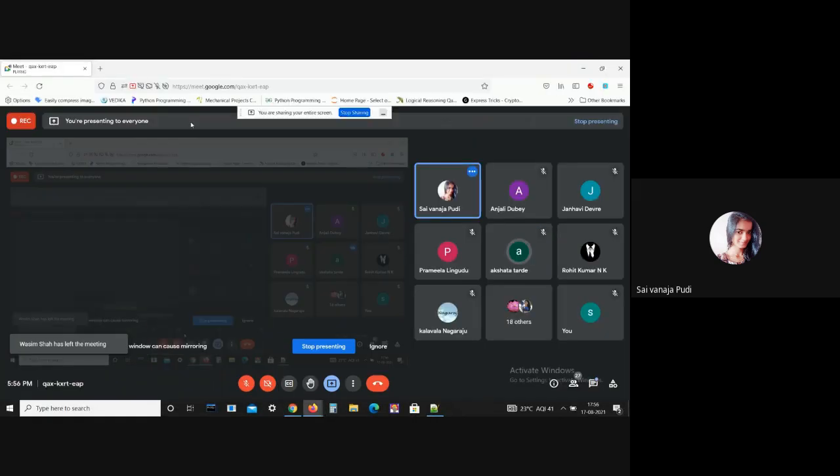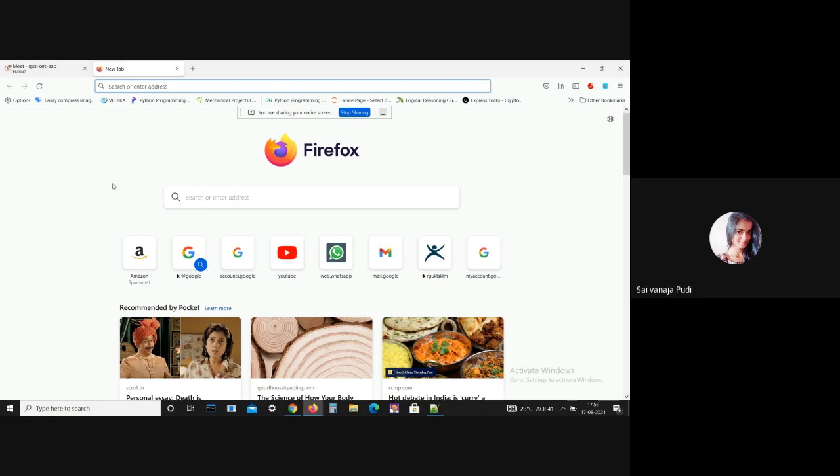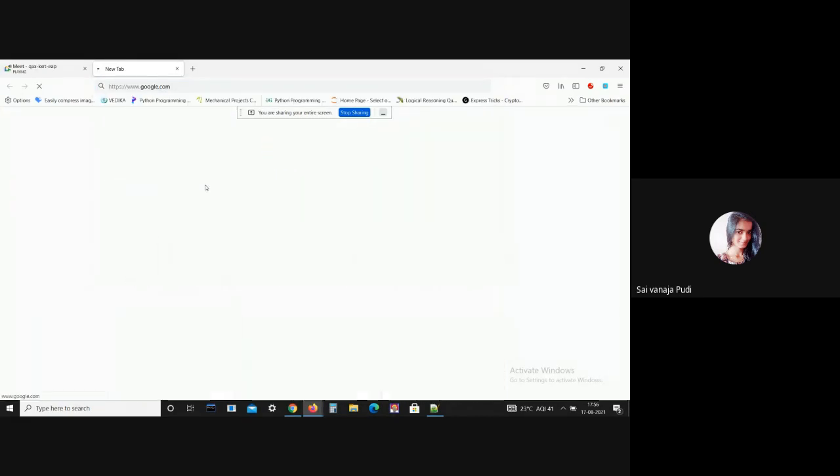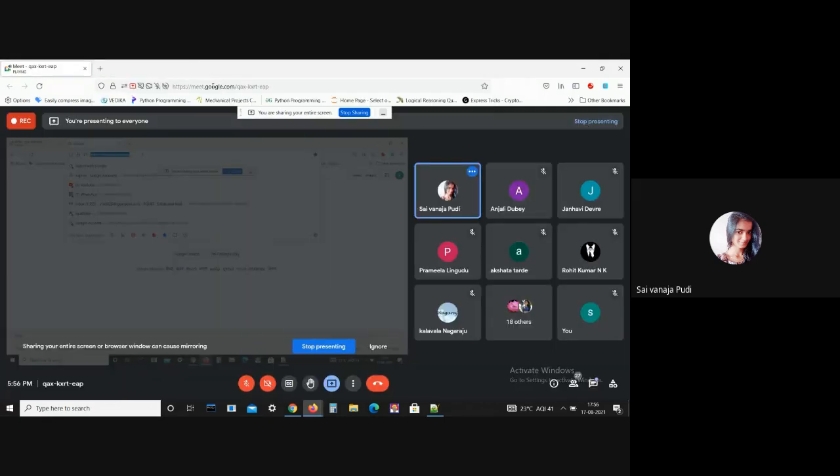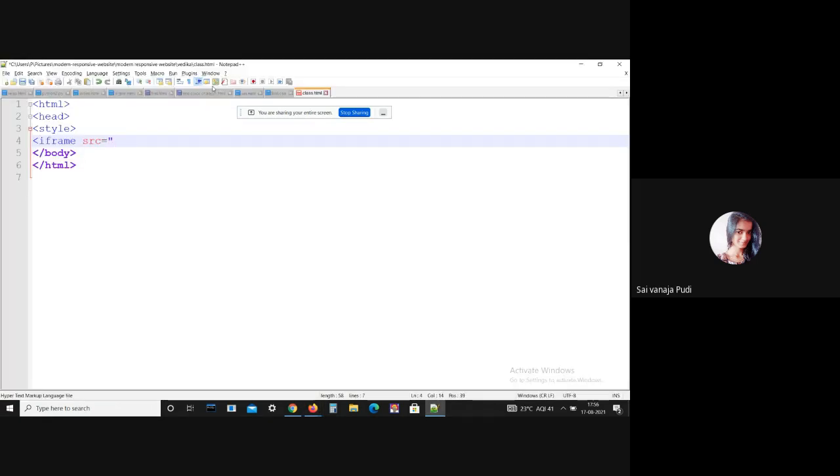I just want to give an image. Let me give height and width also. Height is 300, width is 300. And followed by, you should close your iframe tag.